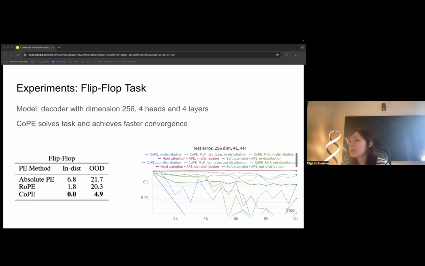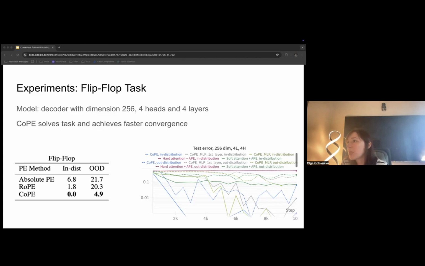So CoPE can not only learn in distribution, but it achieves significantly better results in the out of distribution task. The currently existing position methods fail to provide this property. This is possible because CoPE allows the model to attend to the last seen position of that specific token by incorporating their counts in the position embedding using their keys, by making the gating function switch on only on these specific tokens.